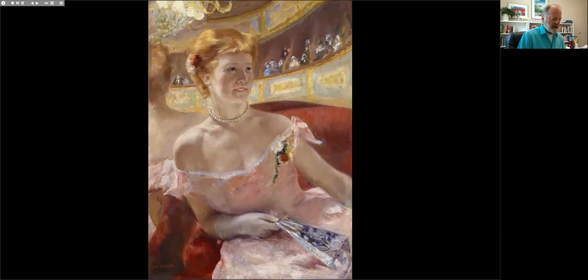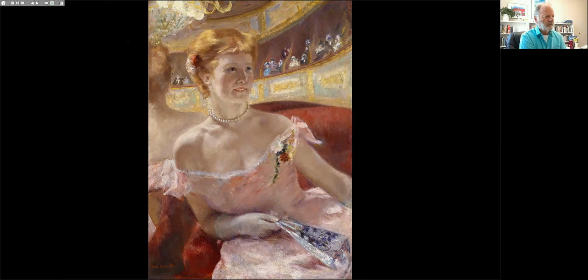Other paintings from about the same time show women in public situations. And here is one entitled, this is in your textbook, A Woman in a Loge from 1879. This is most likely Mary's sister Lydia, and she is sitting in the box, much like Renoir's painting La Loge, at the opera house, at the theater, a big performance venue of that kind.